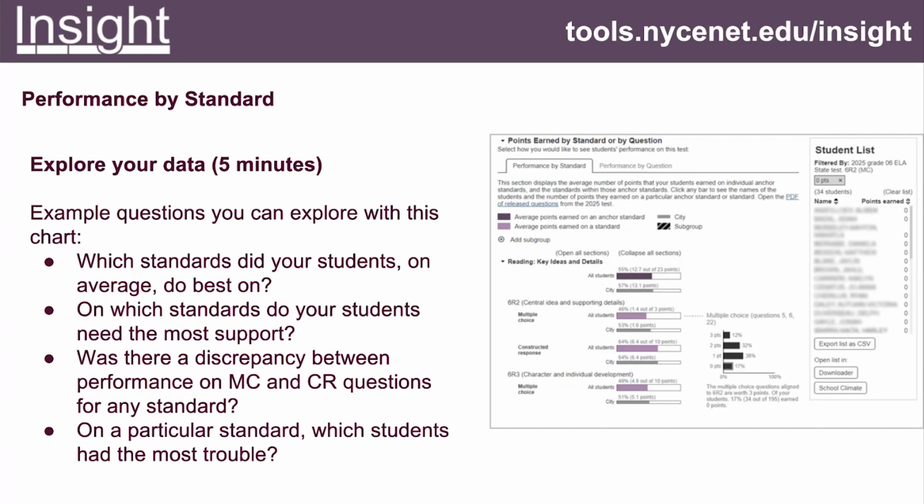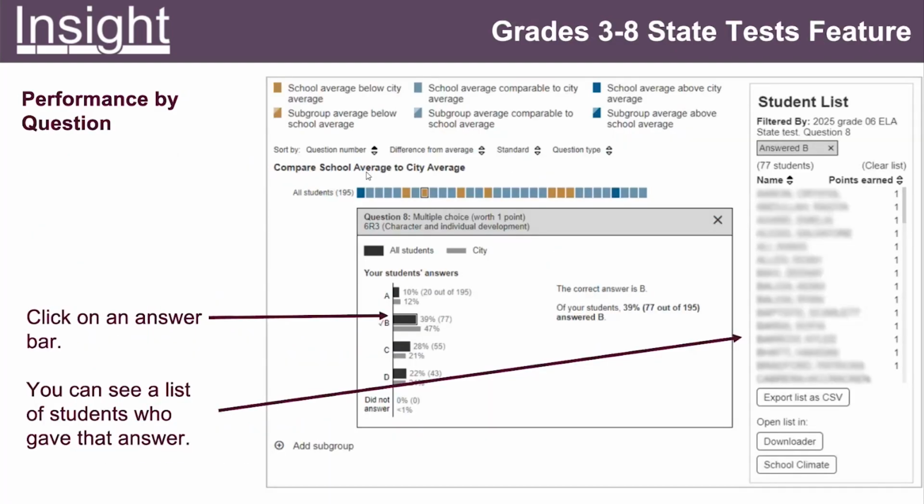Okay, before I go to export my data, I do want to mention that on this chart you can also add a subgroup. I know I don't have a screenshot because add a subgroup is basically everywhere, but the add a subgroup button is over here, at the bottom of the chart. You see the plus sign, add a subgroup. So you can click and add a subgroup to compare your students' performance with your subgroup students' performance.